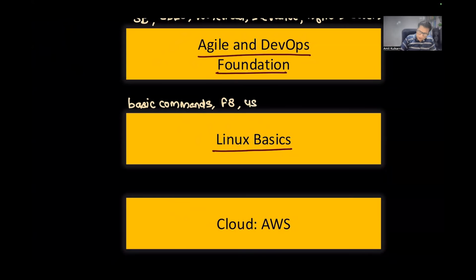Another important topic is users. Linux is a very secure operating system, that's what people generally say. Why is it secure? Because there are permissions applied at the user level and, of course, the file level. So user management is very important in Linux, and that's what we'll be covering right after we are done with the file system.